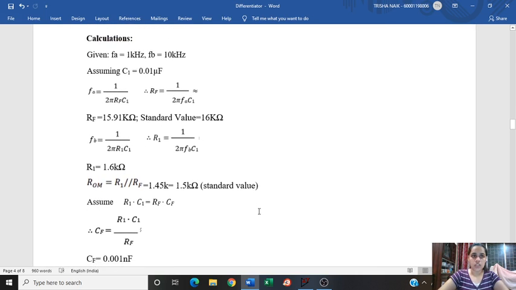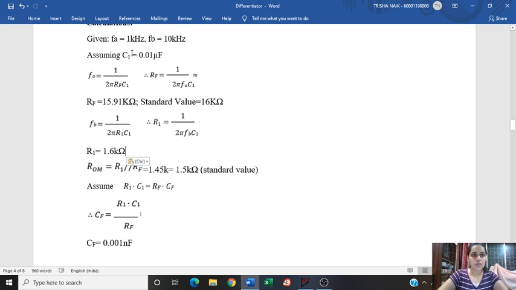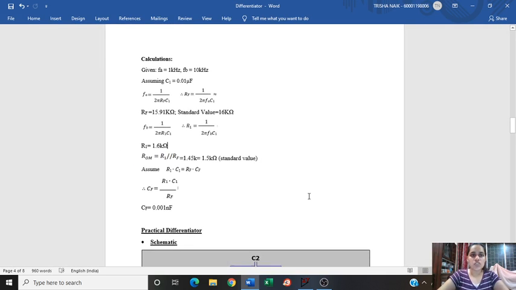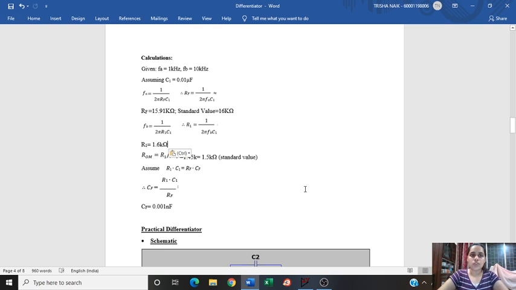So here I am considering my FA to be 1 kilohertz and FB to be 10 times of FA, which is 10 kilohertz, and I'm assuming my C1 to be 0.01 microfarad. The formula for FA is 1 upon 2 pi RF C1. So we can write RF to be 1 upon 2 pi FA C1. If I calculate using these values, it comes out to be 15.91 kilo ohms, and I've taken 16 kilo ohms